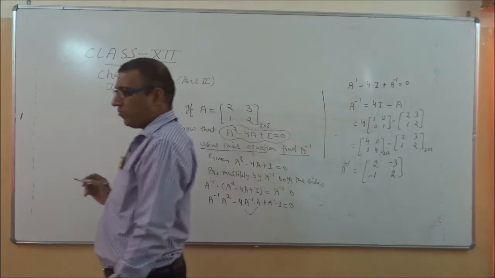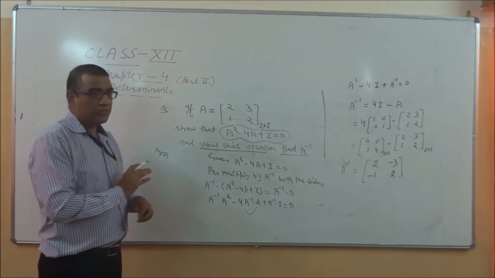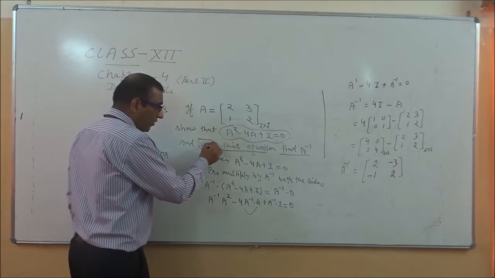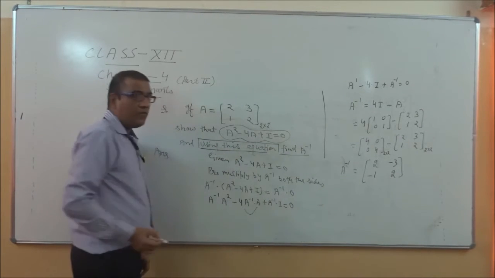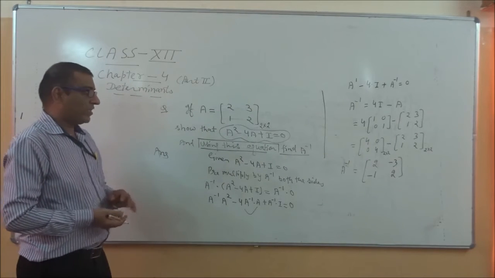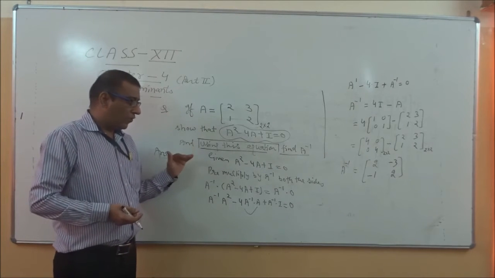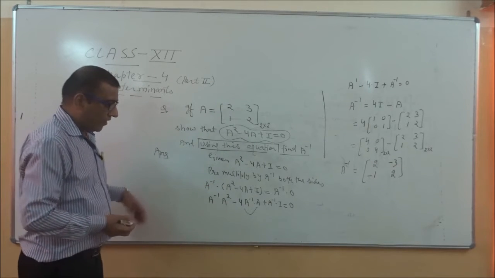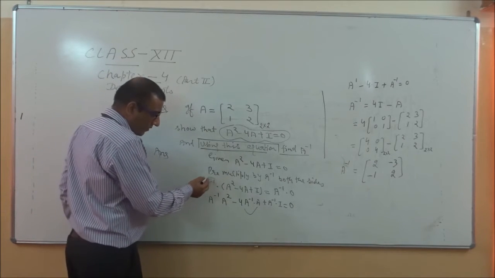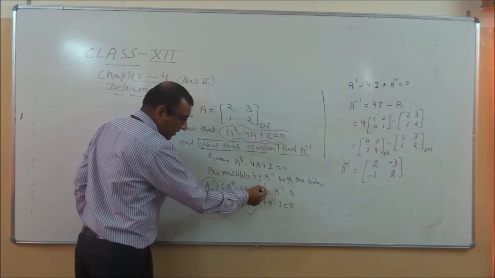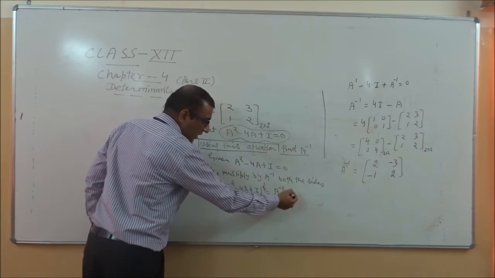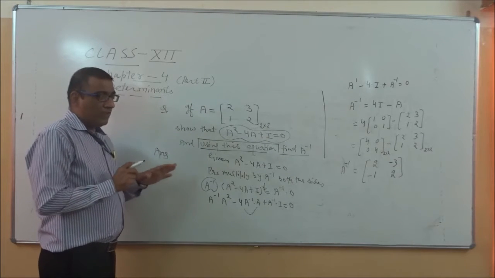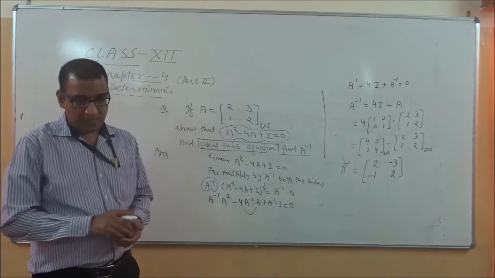If you notice in this question, we are not using any concept of adjoint A here, because it is written in the question that using this equation you have to find the value of A inverse. So whenever such information is given to us, you will go with pre-multiplication or post-multiplication. If you want to apply post-multiplication, it means this A inverse you will write here, and on the right-hand side, just after 0, you will multiply 0 into A inverse. That is the concept of pre-multiplication and post-multiplication.